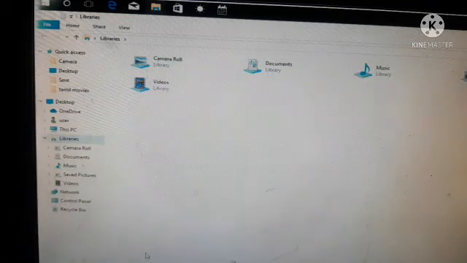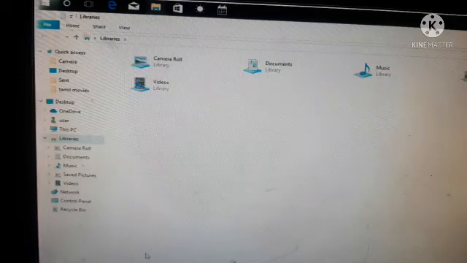Have you understood this? So today we have learned how to change the background picture and how to change the screensaver, taskbar, then pictures, everything, by the use of the start button. Then we have learned how to open the File Explorer and what things are inside the File Explorer, and also we learned about library and how to create a new library.